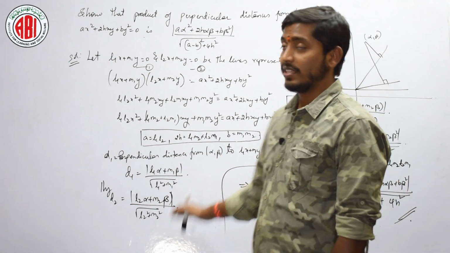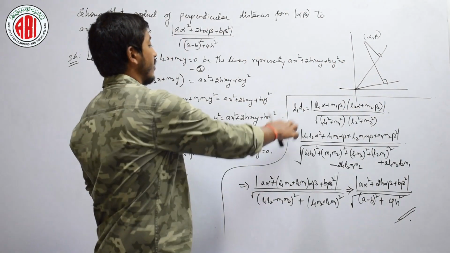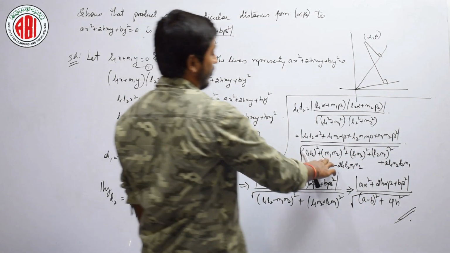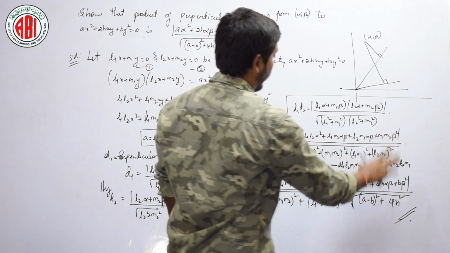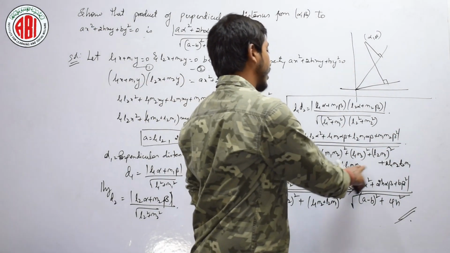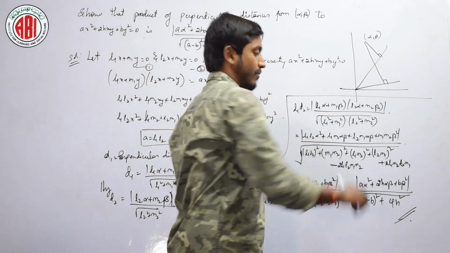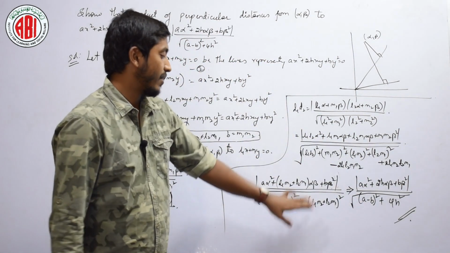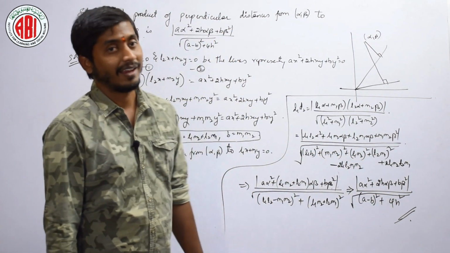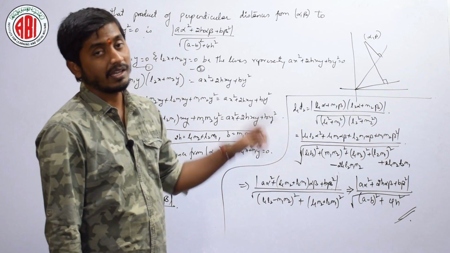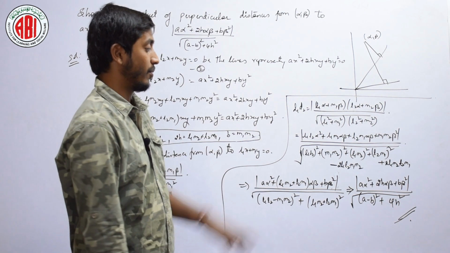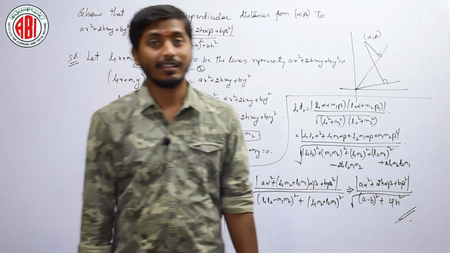Now we have to multiply these both. While multiplying these both, in between we will get the denominator as (L1 L2) whole square plus (M1 M2) whole square plus (L1 M2) whole square plus (L2 M1) whole square. The thing we have to remember is that we have to add 2 L1 L2 M1 M2 for these terms, right. Therefore, this will become (A minus B) whole square and this will become (2H) whole square, right. There is a common denominator for the previous term also, and that will be the same for the next kind of problem also. Is that right? Did you understand?